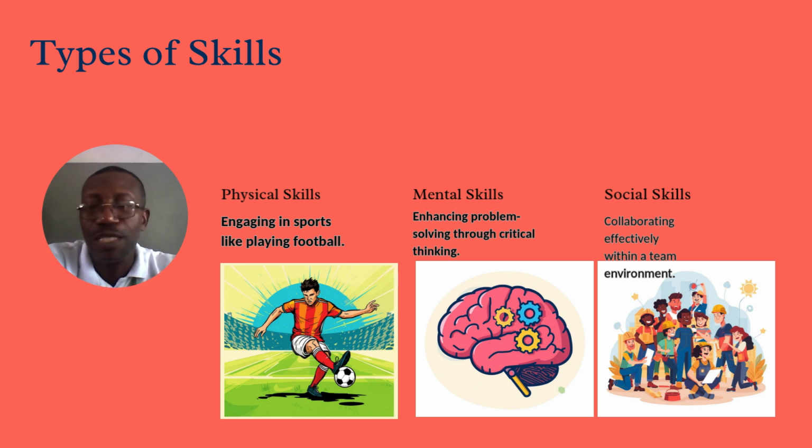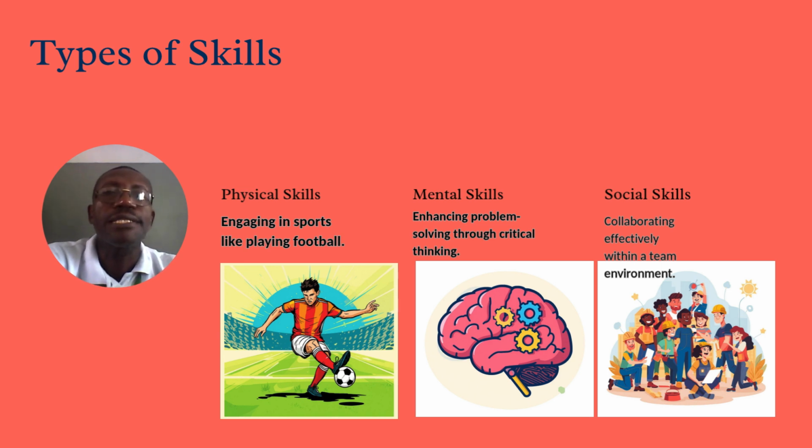The next one is mental skill. The second type of skill is mental skill. Now, mental skill has to do with the brain. There are things you learn and they stay with you forever. Now, if you are a mechanic, for instance, or you are a tailor, a seamstress, when you learn how to sew, it involves what you have learned and practiced over time. So we describe such skill as being a mental skill.